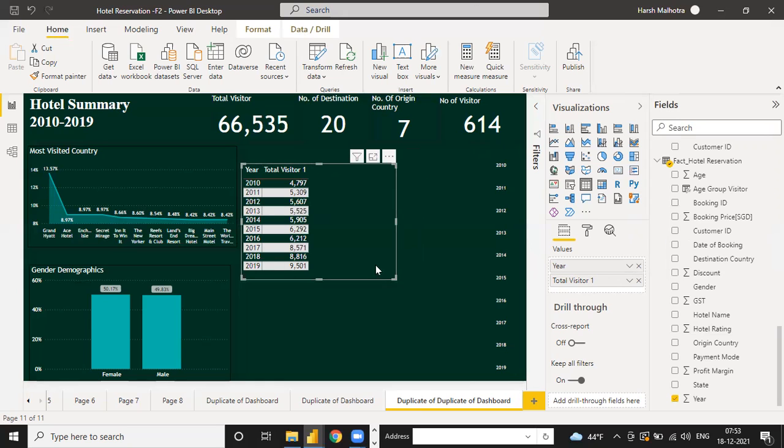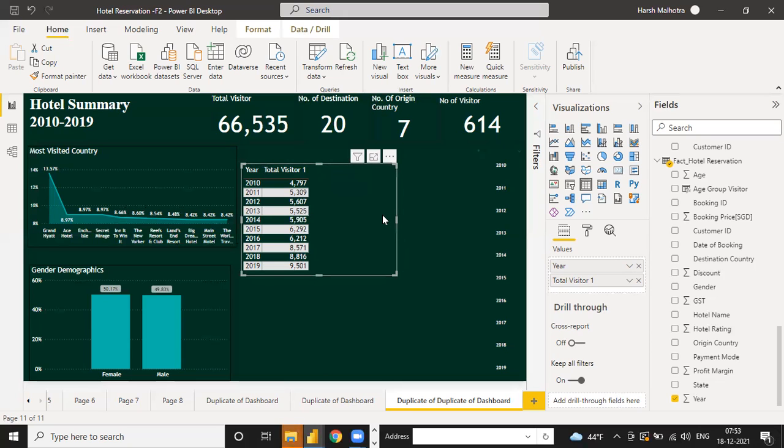But suppose in this question I want the change in customers on a year-on-year basis, or month on month, or day on day, or quarter on quarter. Okay, so I'm going to tell you only the year-on-year basis. You can give the answer on month, day, and quarter. So see how to give the changes in customers. This is your total visitor.